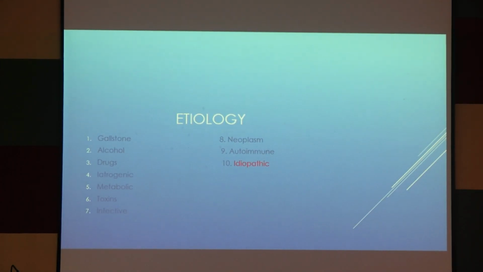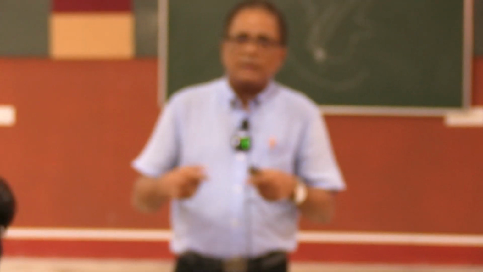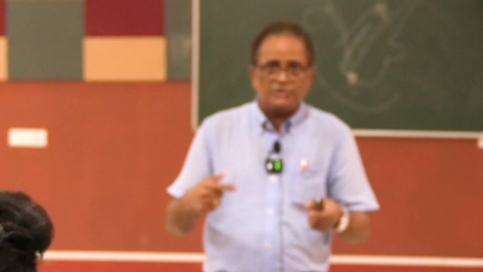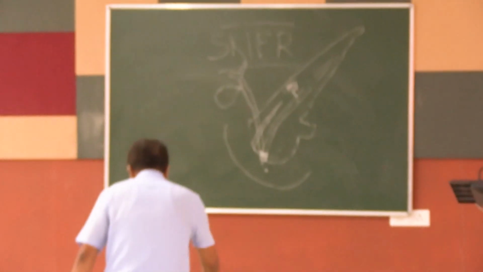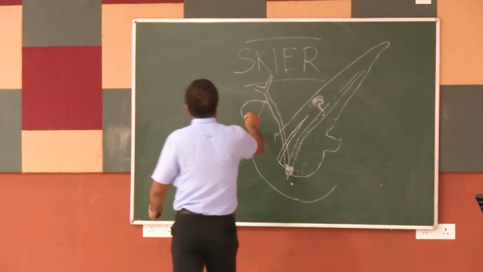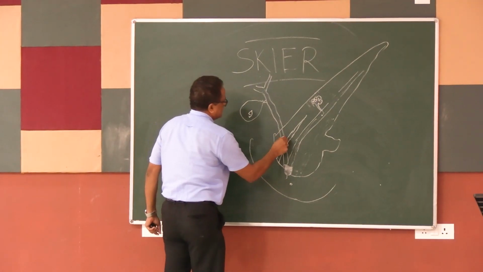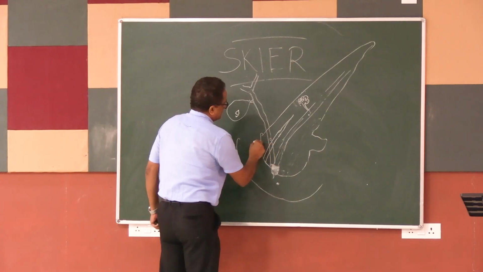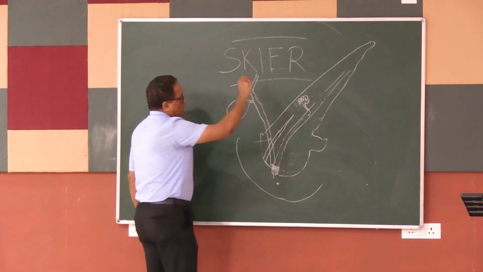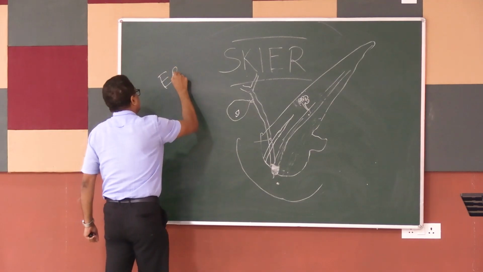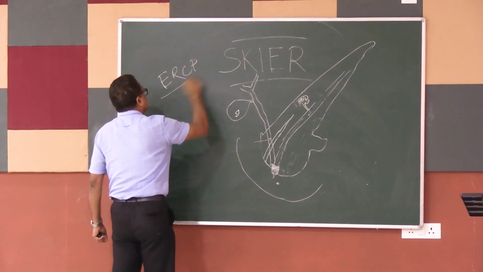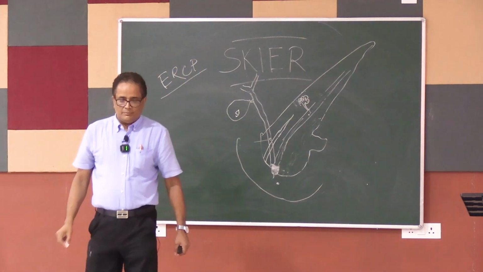The fourth is iatrogenic. You know what iatrogenic means? It means done by somebody who is treating. You must have heard about removing stones in the bile duct by doing an endoscopy. Suppose there is a stone there in the gallbladder. What is the treatment of this stone? We do preoperatively what is called ERCP, that is endoscopic retrograde